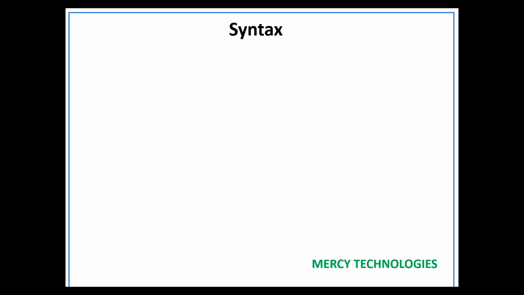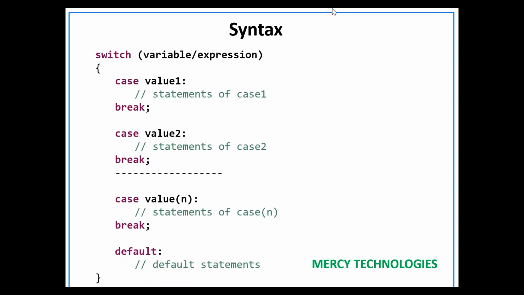So this is the syntax. Listen carefully. What we are doing here is defining the switch condition. This is the syntax for the switch conditions. Switch is a keyword. Whatever you are seeing in different colors, those are keywords. Switch is a keyword, case is a keyword. All these are keywords.